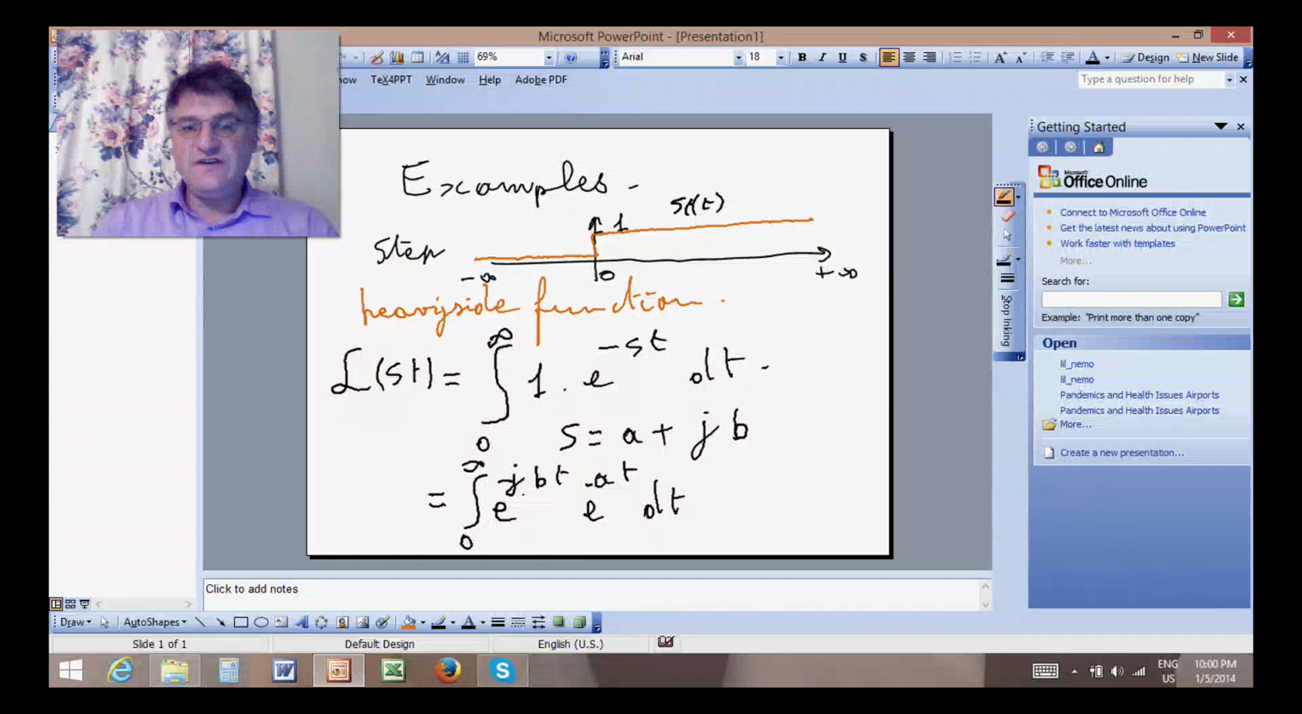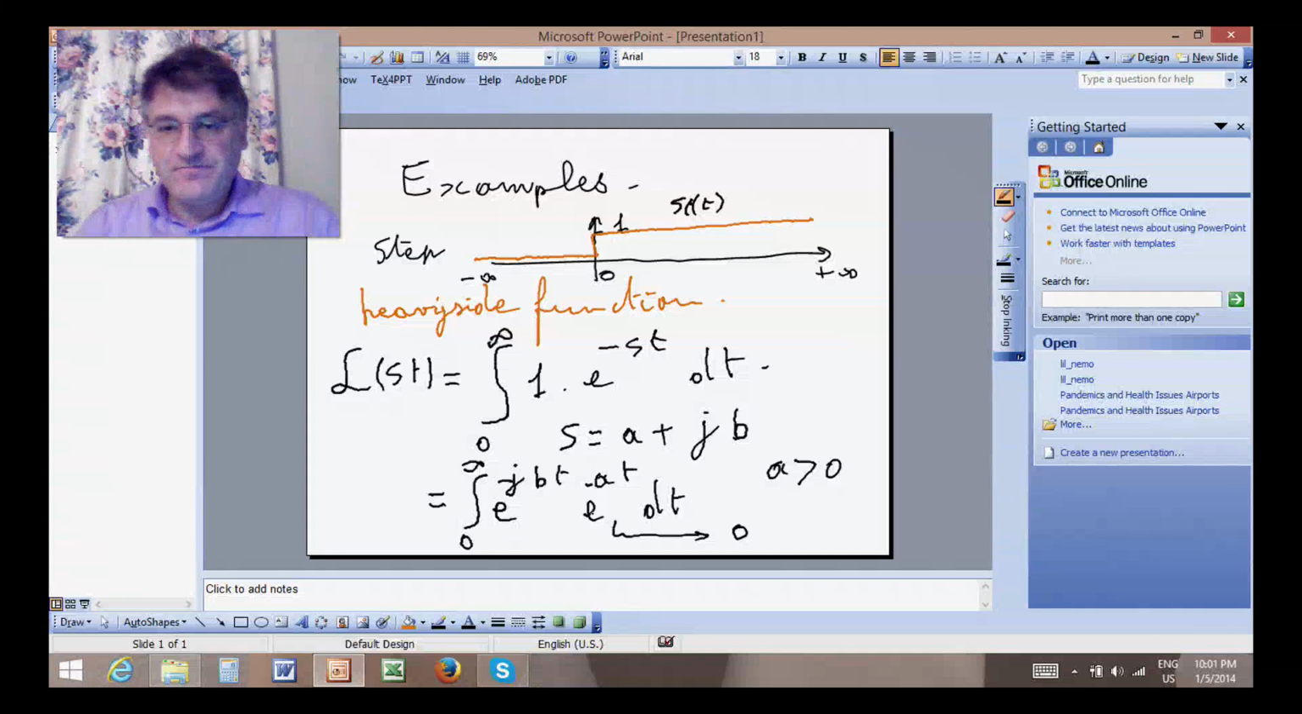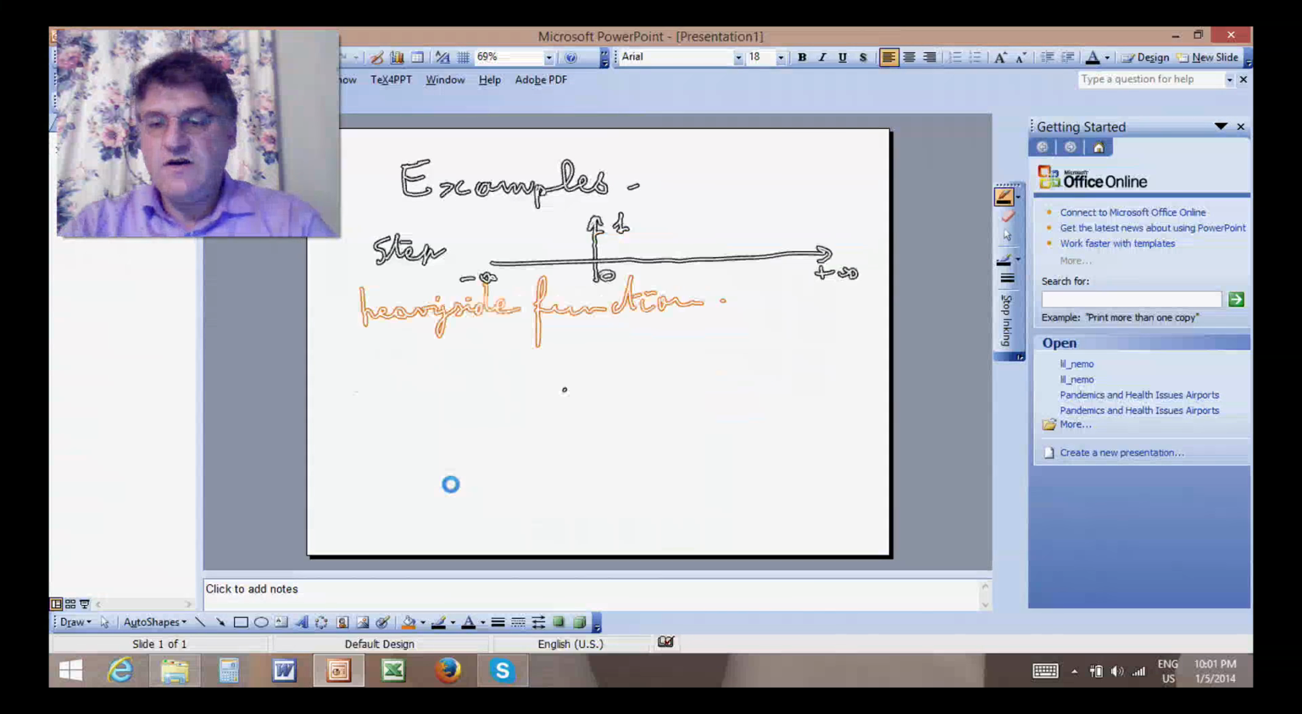In order for this integral to converge, a sufficient condition would be that a be negative, because then this term converges exponentially fast towards 0 and the whole integral can be computed. If this is not the case, then we have a big problem even defining what this means. Okay. So let's assume a is greater than 0. Then we can proceed with our